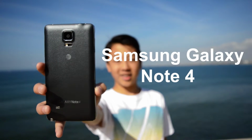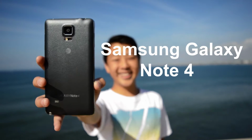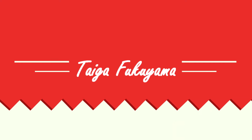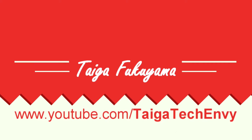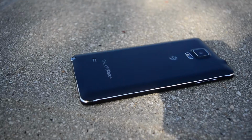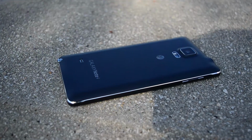This is the Galaxy Note 4, the best phone Samsung ever made. Well, obviously. And I've been using it for the past 2 weeks and analyzing it, and the biggest adjustment they made is